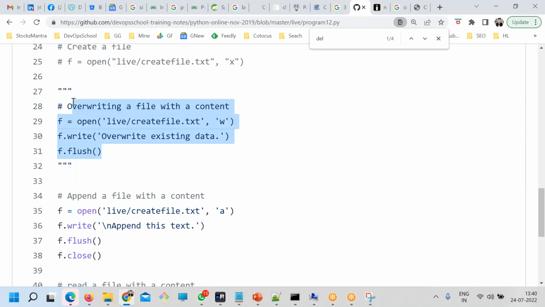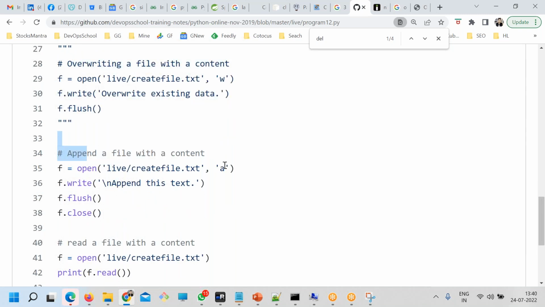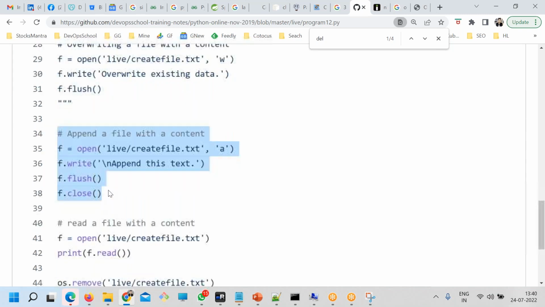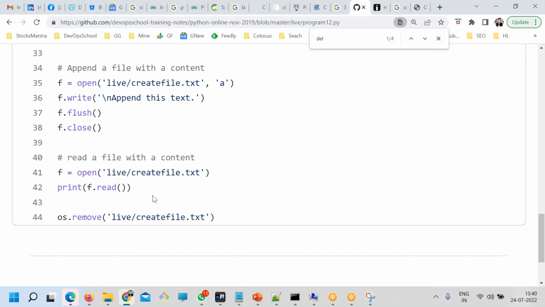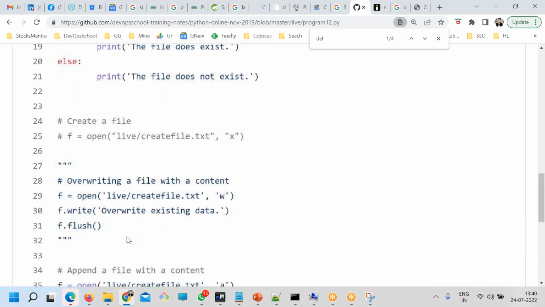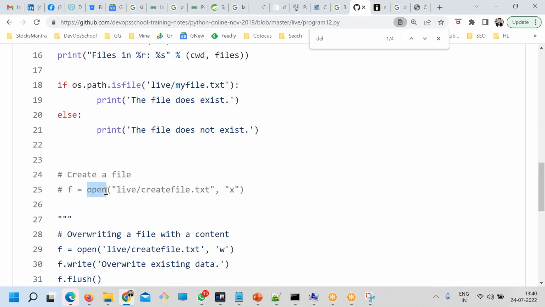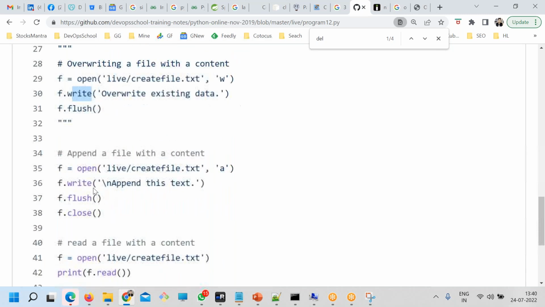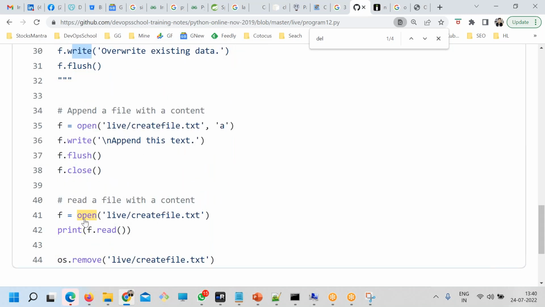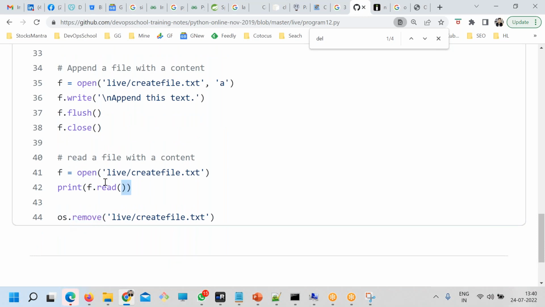And flush this. If you don't flush, you will not be able to see that. And to append to a file, how do you append at the end of the line? This is the way: A, write and append this text in append mode. Here you go into write mode, flush and close. If you want to read the file, read, display, and done. And if you want to remove the file, use this one. So these are the functions which you learn: open, write, and remove. Read a file using the read function. Did you understand that, all of you?